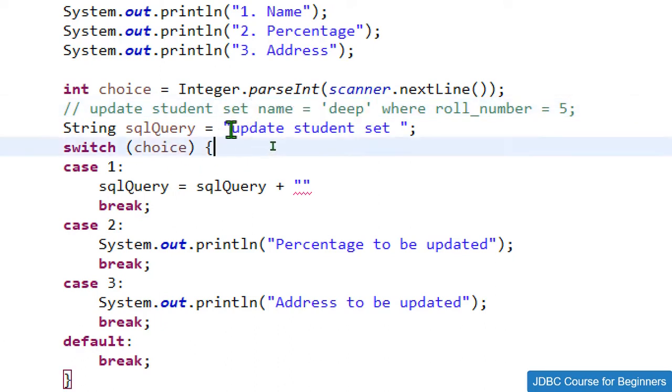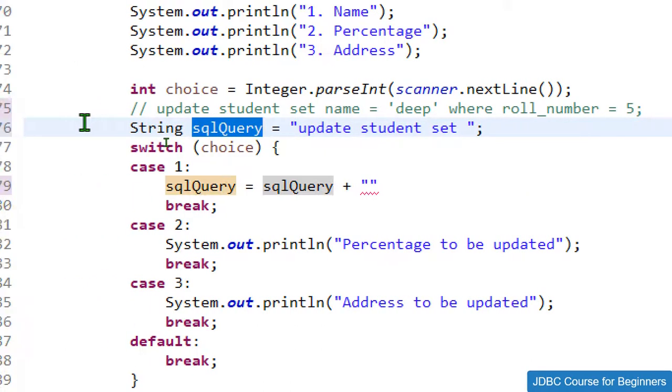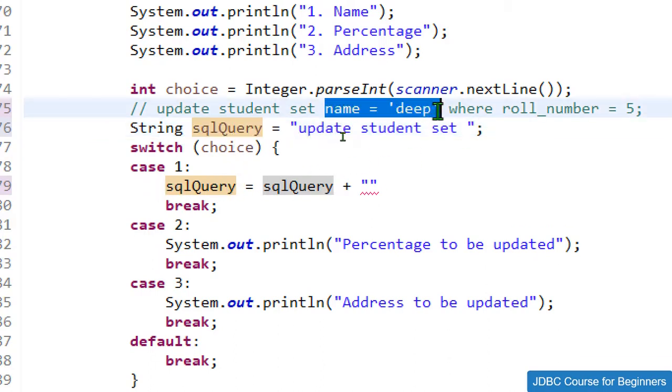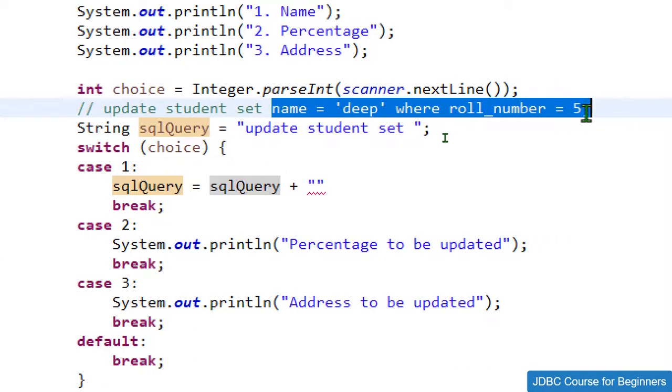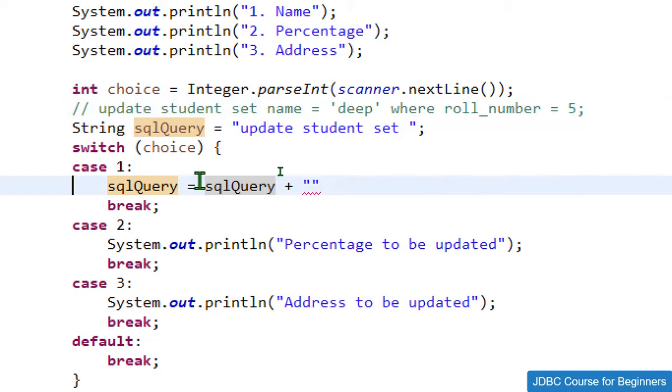So over here I just kept this common part into this sqlQuery variable, and then what we will do, we will just append these name is equals to Deep, where roll number is equals to 5. So this part we will just append. So over here let me append the part.